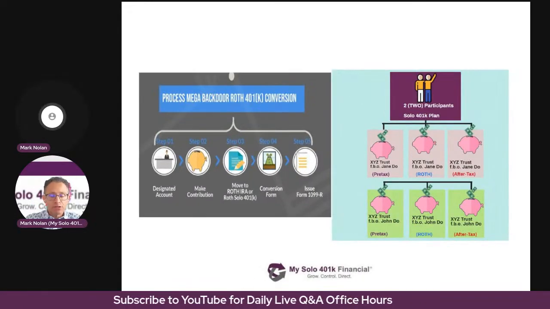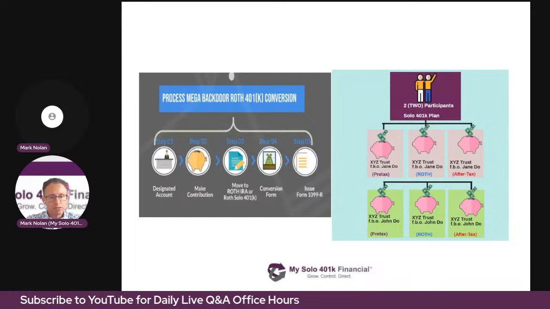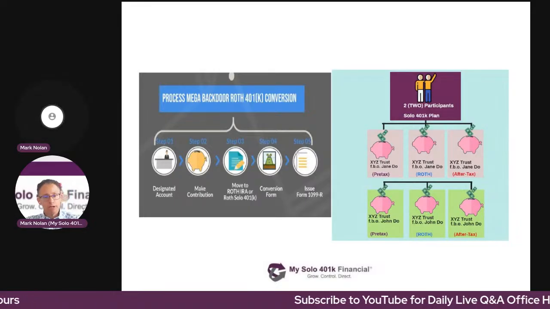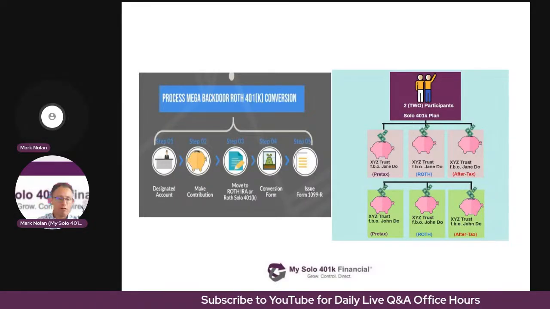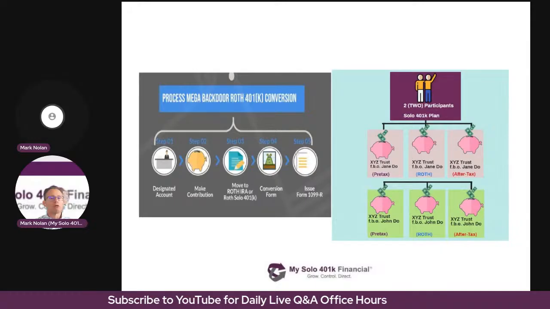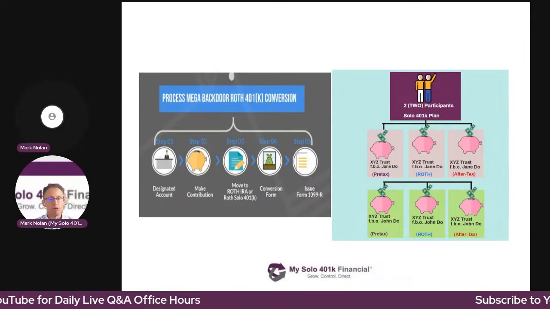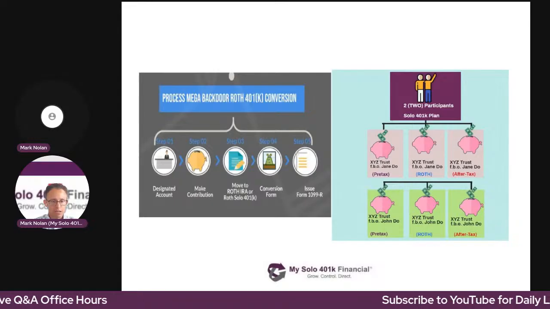Here's an example of a two participant plan. So a total of 6 holding accounts. And that's because, for example, if both spouses are self-employed in the same business, they both participate in the same solo 401k plan because the plan is sponsored by the self-employed business. However, each